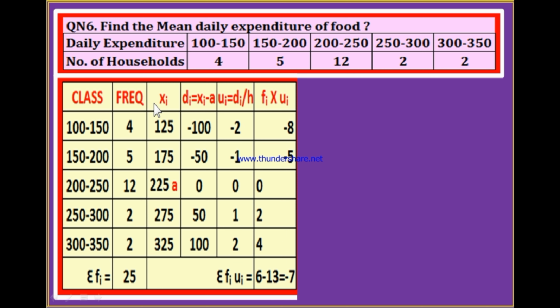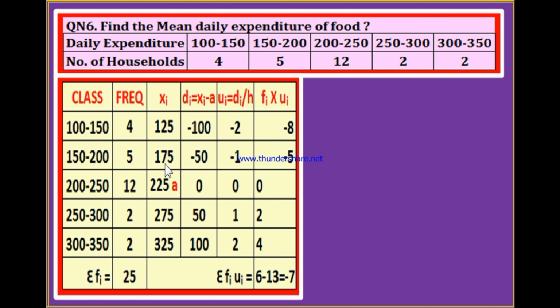The next column is for class mark. Class mark is nothing but the average of 100 and 150. 100 plus 150 is 250. 250 divided by 2 is 125. After writing the class mark of the first class, now you verify the difference between any two successive lower boundaries or any two successive upper boundaries. The difference is always 50. Therefore, you can add 50 to these one by one.